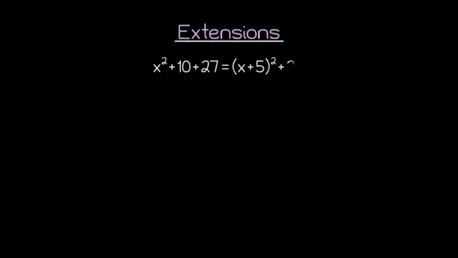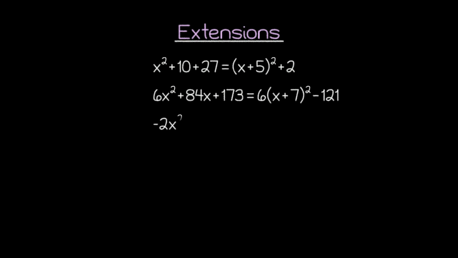Now that we have a strong foundation in determining each parameter of the vertex form, let's look at some more challenging examples to extend our skills. Up to this point, we've been working with examples that were specifically chosen so that each parameter would be an integer. But what should we do if we encounter problems that don't work out so nicely?